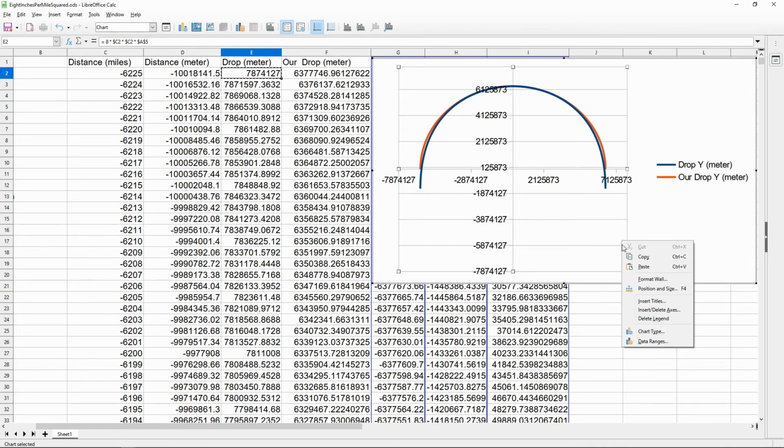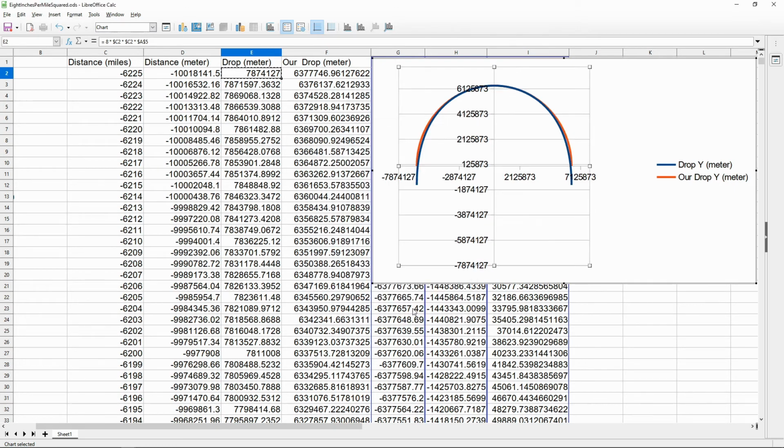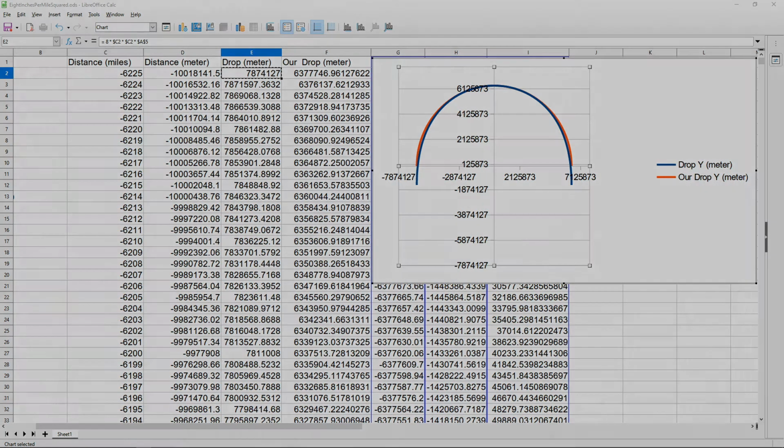So we edit the chart to ensure both x and y axes range between negative and positive of that value. Still not done, as I can still change the width or height of the chart to make it appear flatter. So let's ensure the chart has the same height and width. Much better, but I still don't trust it. Well, I will export this as an image and open it in Affinity Photo. Then I can check it a bit better.